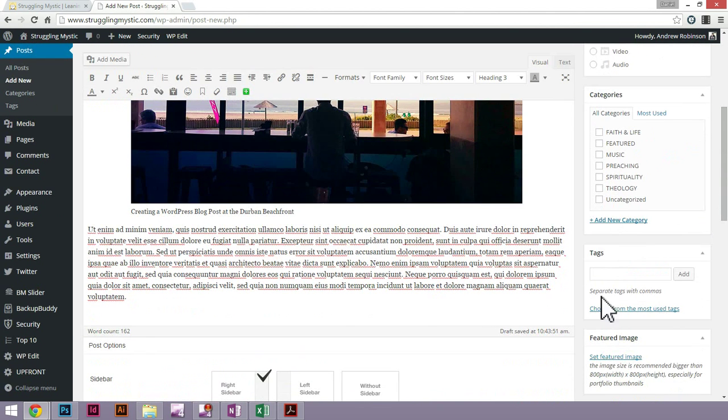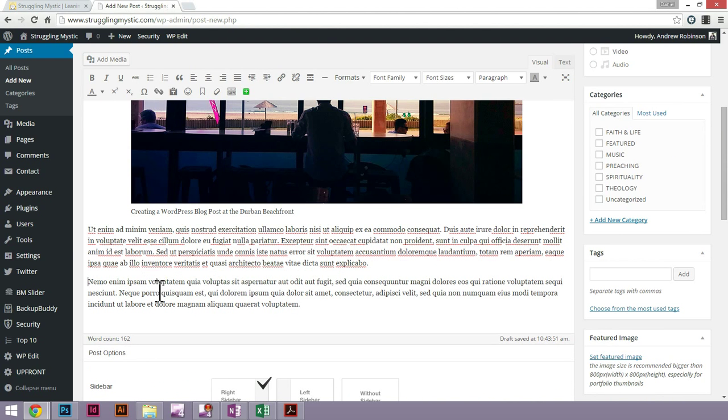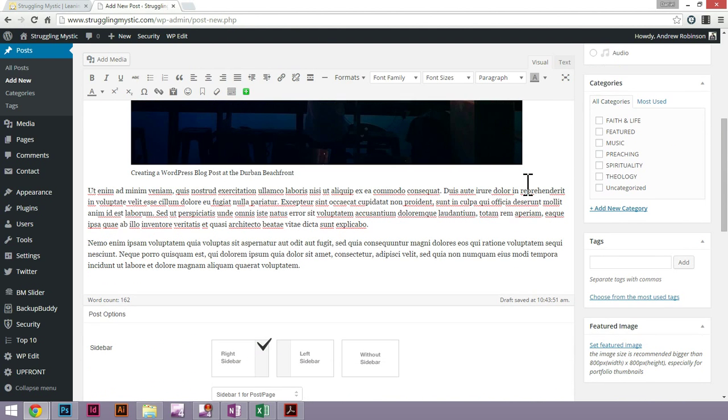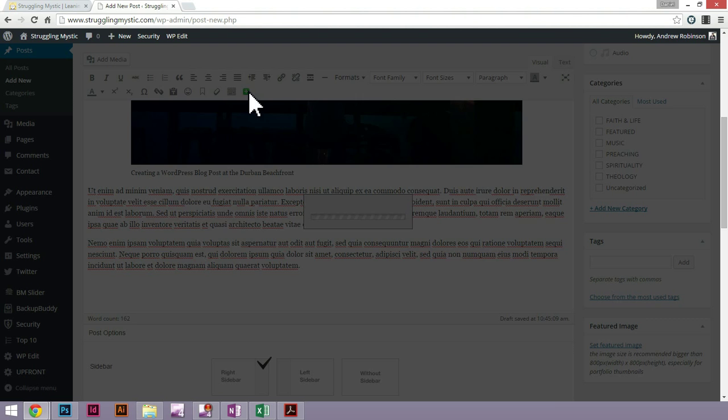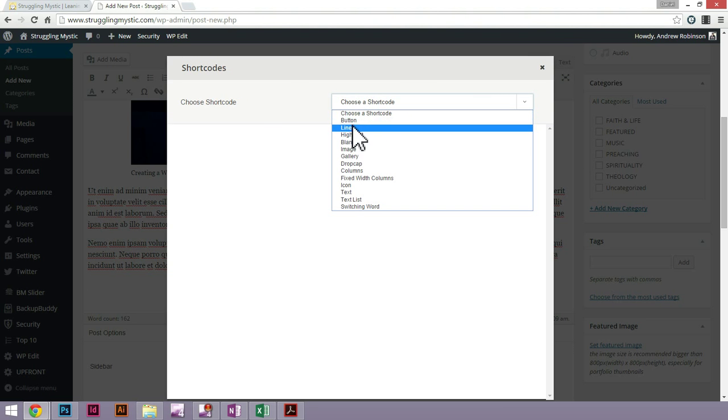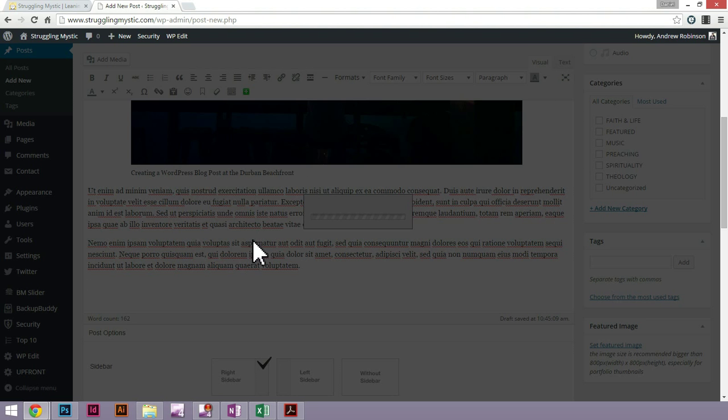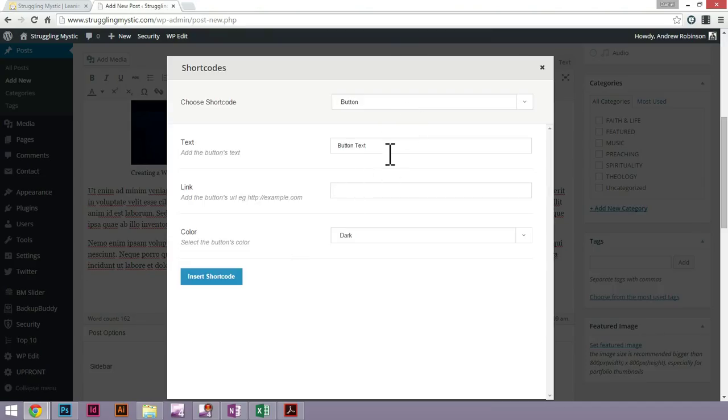Okay. Now I'm going to go back to my text here, and I'm going to just create a new paragraph there. And for now, I also want to add a button. Not all WordPress websites have a button shortcode, but for this theme Upfront, it does have a set of shortcodes. So if you want to add a button, like for example, a link to another page in your website, click on this plus symbol, add a shortcode and a button, and then you just have to type in